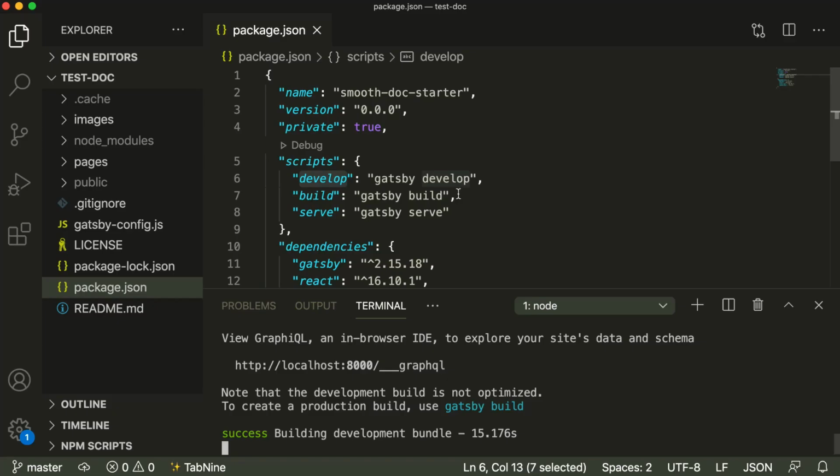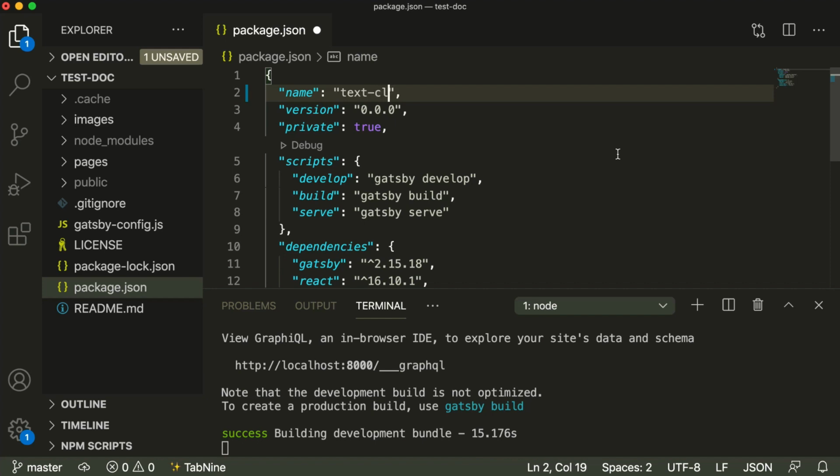Now let's try to customize the website for our own project. So let's say I am creating a project for machine learning, and it classifies text. So my project name will be text classifier. So I have changed the package name in package.json.